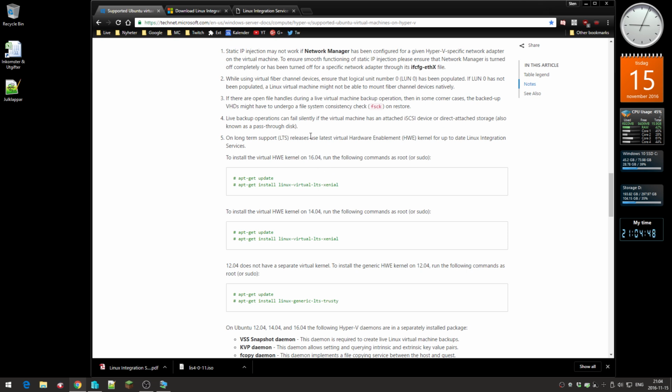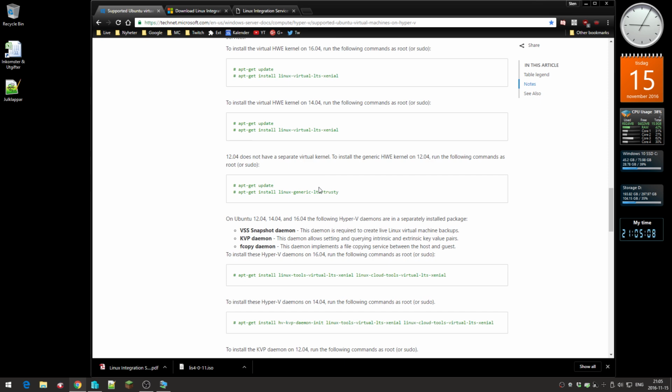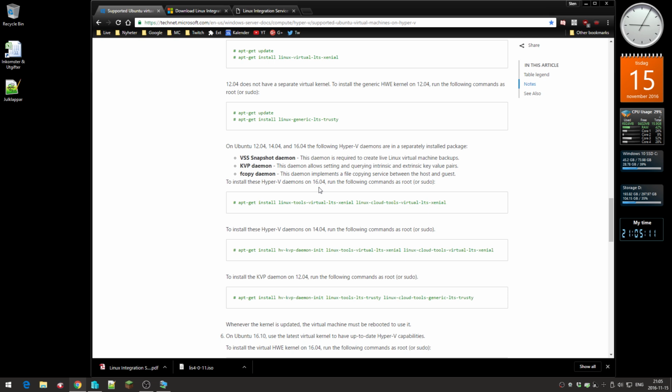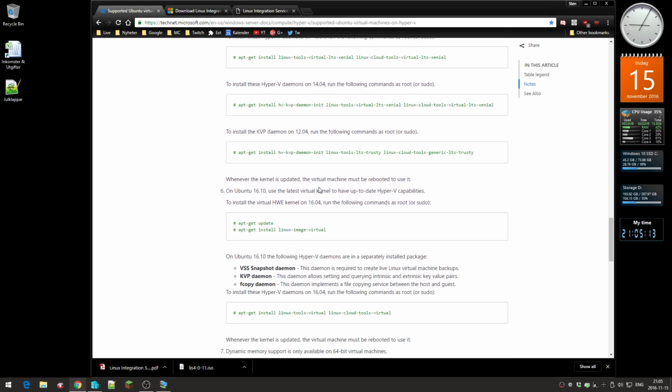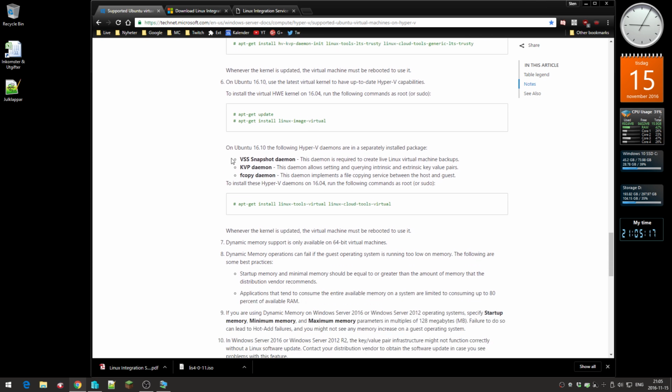It says the Ubuntu LTS release has the hardware enabled kernel, and you sort of need to update that. But I am actually running 16.10, so I need to scroll down a little bit. Let's see where it was, over here. So on Ubuntu 16.10,